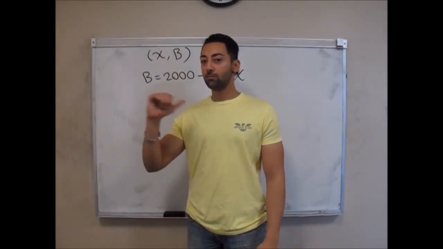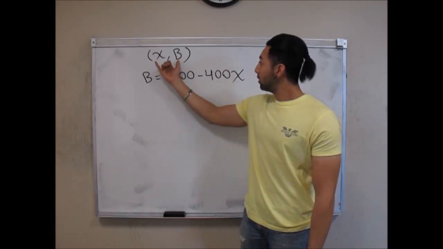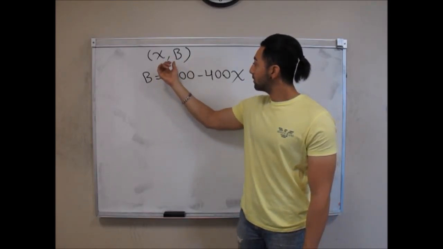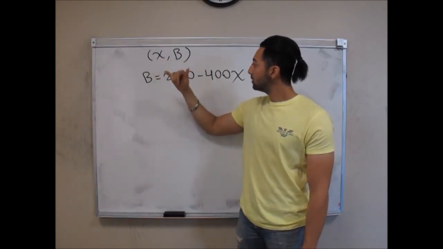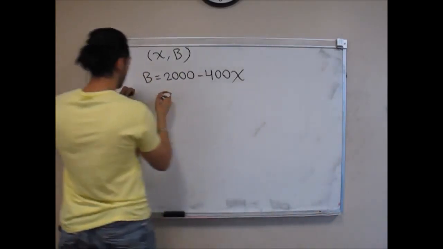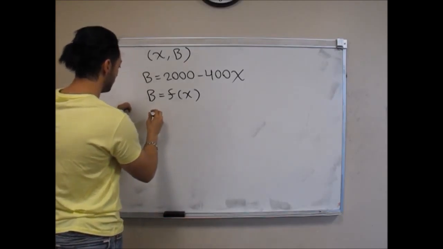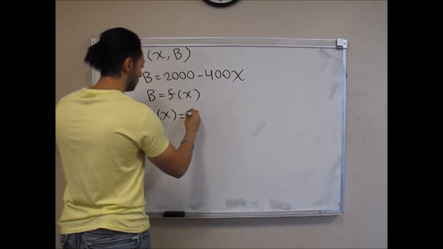Okay, so let's look back at our balance equation that we worked with earlier. Looking at the ordered pair, we could see that b is the dependent variable, x is the independent variable. So we know that b depends on x, so b is a function of x. So let me write that. B is a function of x. So now if we want to put that into function notation, we could put it as b of x is equal to 2000